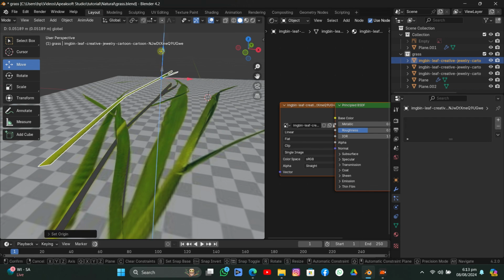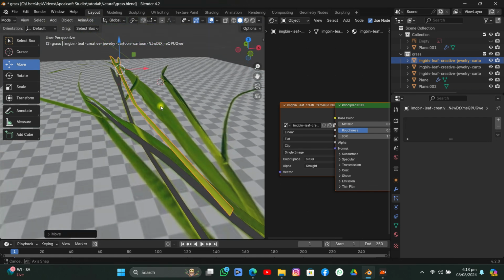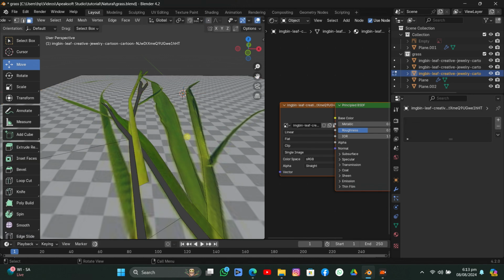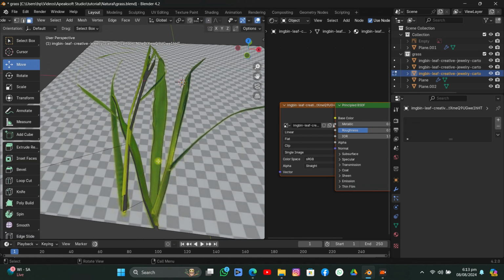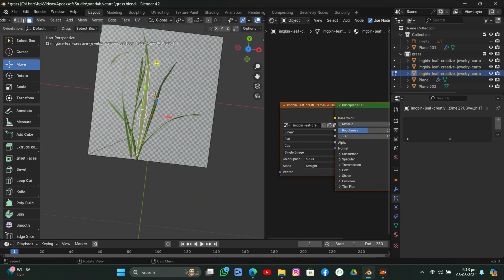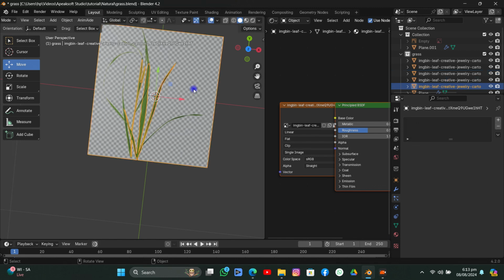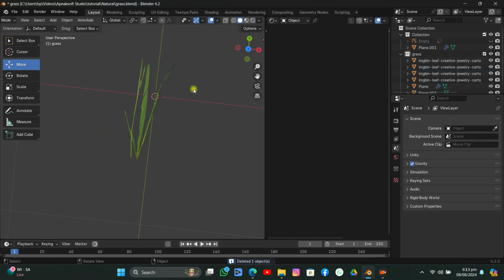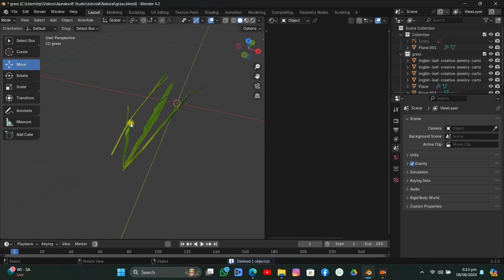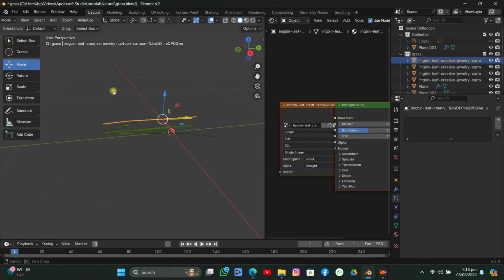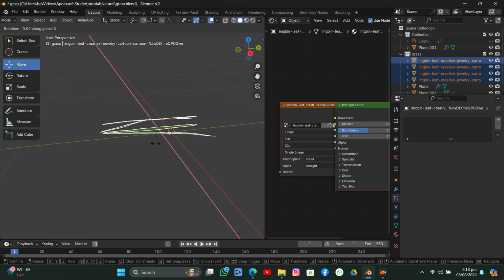Okay, so now it's time for the other one also. This one. Hit P, selection. Now it's time for this one. Hit P, selection. So right now we have those blades. And now if we select all of them, rotate them on x-axis. If we go into edit mode,